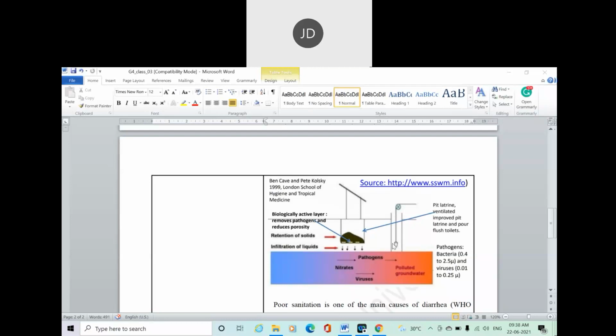Nearby this pit latrine, there is a well, a shallow well I'm talking about, where a particular household is taking water. So the groundwater may be polluted. So this is also a matter of concern. That means we also need to